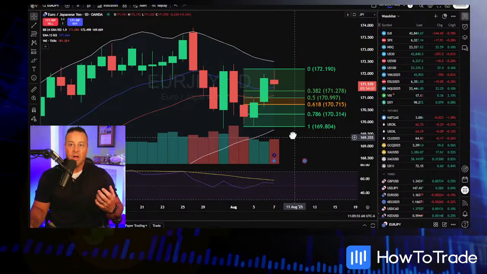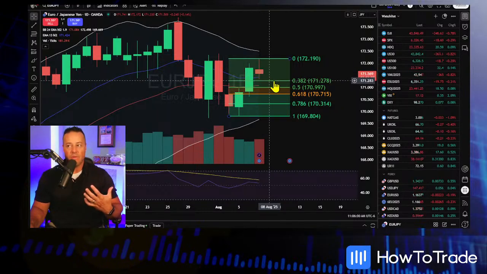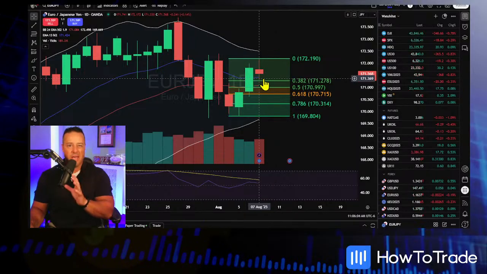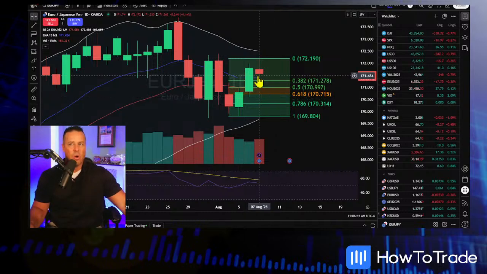But what I can tell you is market structure. This right here, the last 2 days was a nice break here in the euro yen, and you're trading higher. You're also above that 13-period EMA, that 13-day EMA. That's big for me. You're also above 38% down there at 71.25. So those are all bullish indicators. Now, does that mean that the market's just going to explode to the top side? I doubt it, just because there really aren't any market drivers. You've got really one more full Forex session left in the trading week. What could happen with this euro yen?